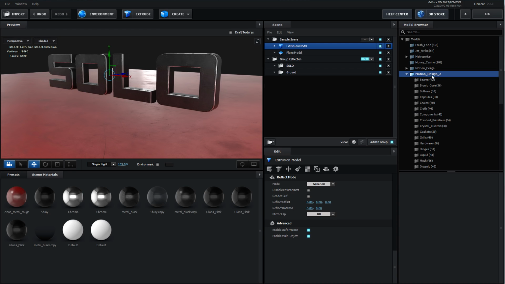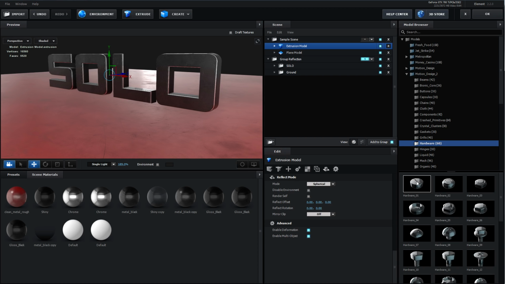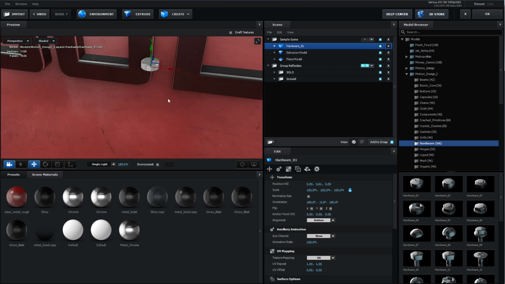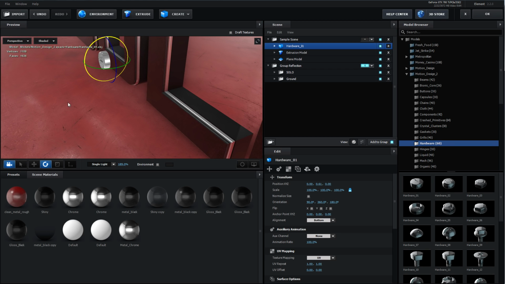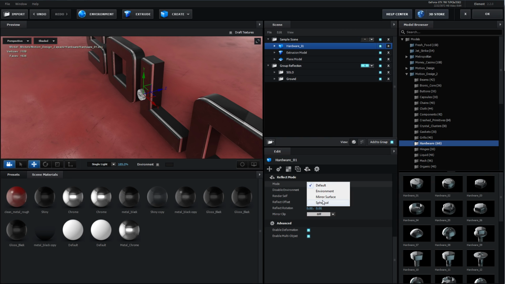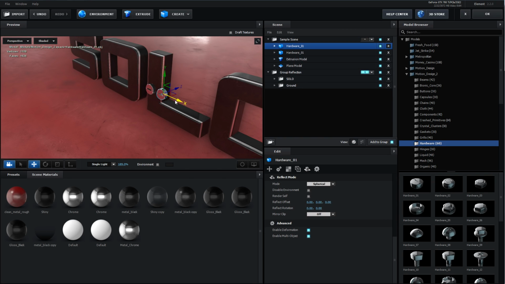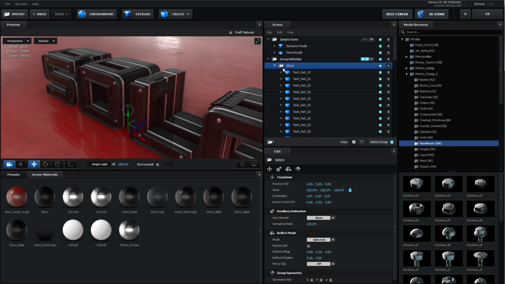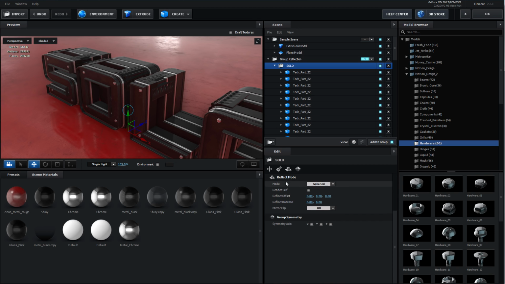So if I wanted to come over here to the motion design and add some bolts, I'd have to turn on the dynamic reflection for every single bolt or every single object that I added to this one scene if I wanted to reflect with the red. Now, the problem with that is that will start to slow things down. So I could turn this to spherical, and every copy you make is another spherical map that has to be generated. So the solution that we've come up with is to allow group folders to have their own dynamic reflection